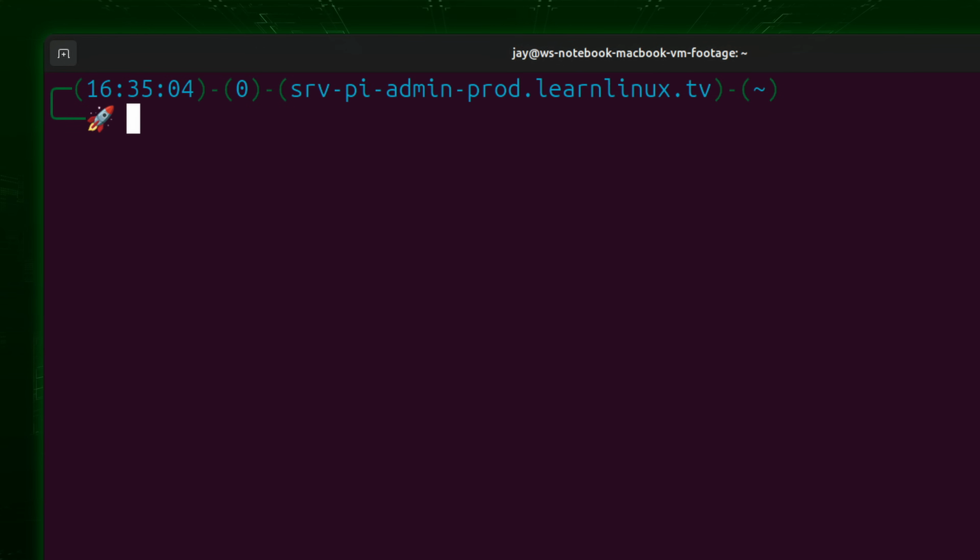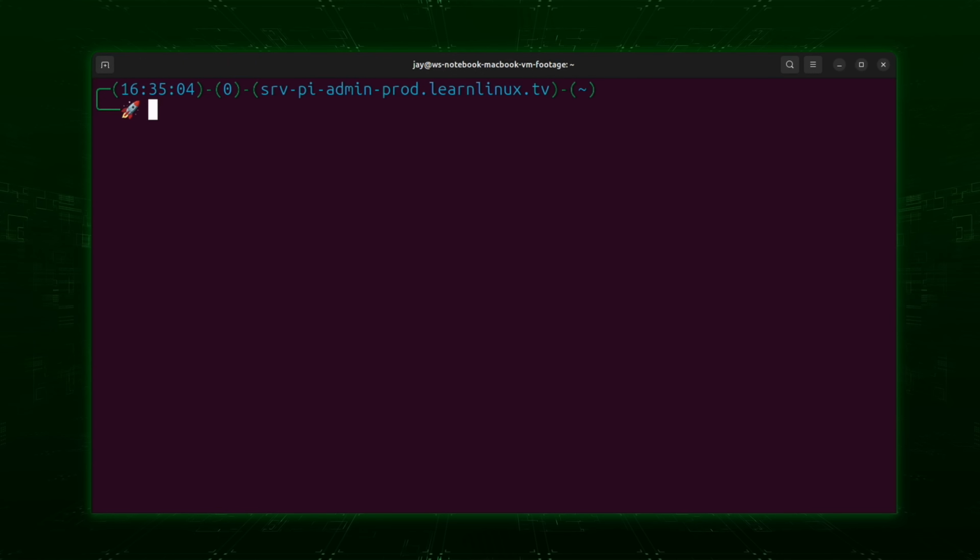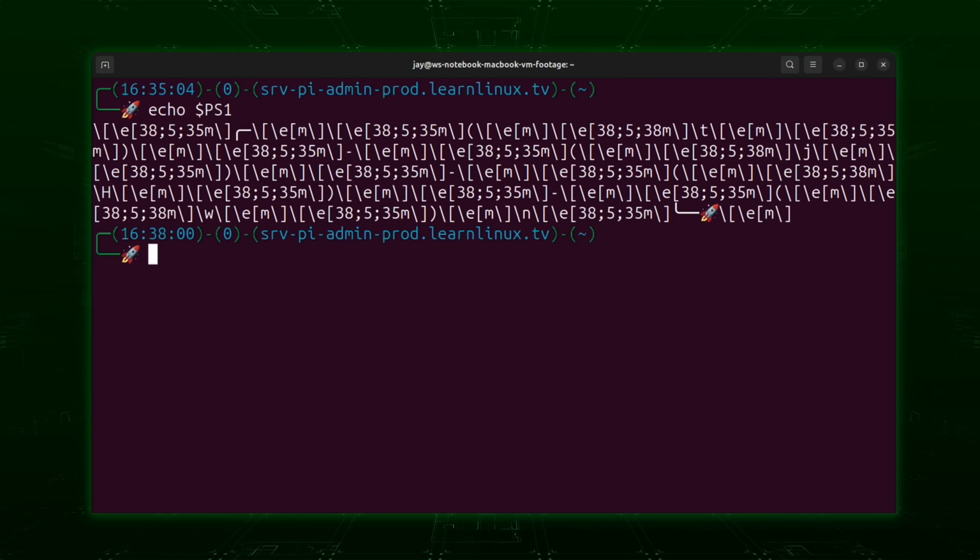But the thing is though, most people don't customize this and they end up using the bash prompt as is. So if you weren't aware that you could customize your prompt, well, now you know. However, custom bash prompts are a bit hard to create because the options that you'll use are complicated and often are hard to make sense of. To see what I mean, what I'm going to do right now is reveal the code behind my bash prompt. And yes, this is the actual code that is responsible for my bash prompt as of July of 2025. When it comes to seasoned Linux veterans, this is easier to understand, but for the rest of us, it probably looks like a foreign language.